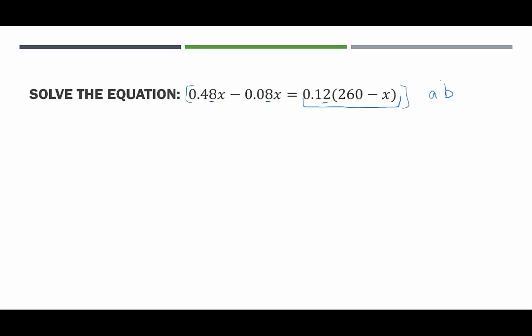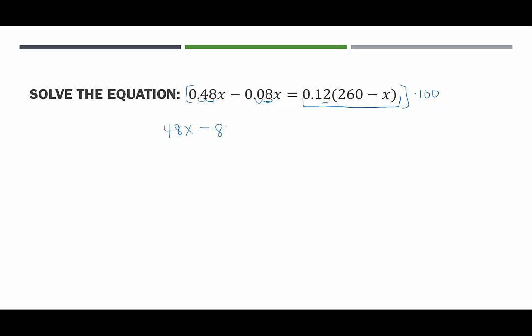When we go to do that, you multiply just one of them by 100. You can either pick to multiply the a by 100 or the b by 100, but not both. They're part of the same term, so multiplying both of them by 100 is really multiplying that term by 10,000, which is not the same thing. Of course, you want to choose the one that has the decimal. So we're going to multiply each term by 100. What that does is move the decimal point two places to the right. So that's going to give us 48x